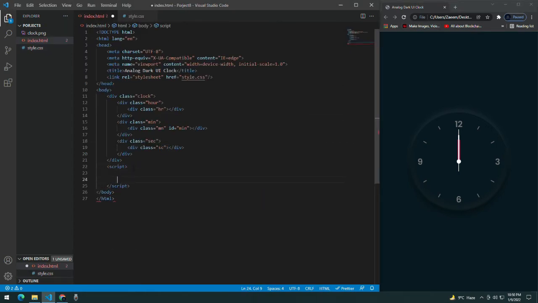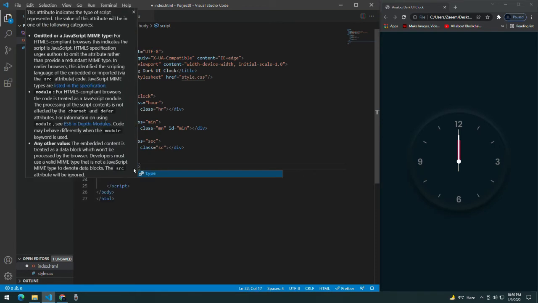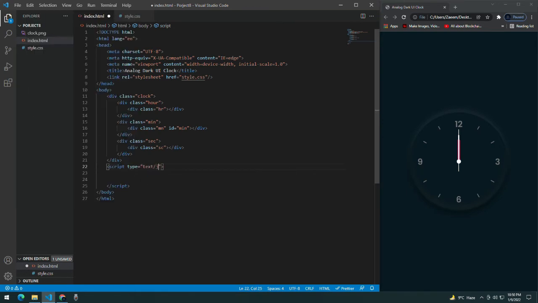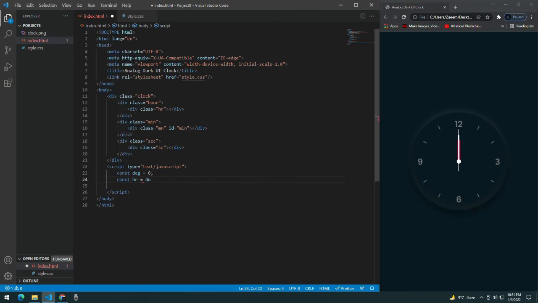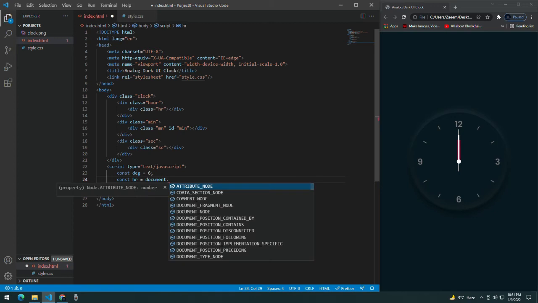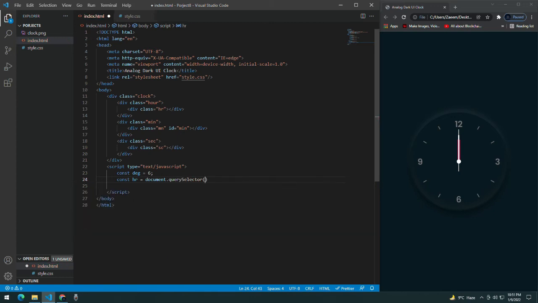But now let's do the script, write the JavaScript for it, because I need the watch to be running. I will give script type text/javascript and give const of deg, because the needle rotates at a certain degree and it should be 6. Let's take the hour needle from the HTML.